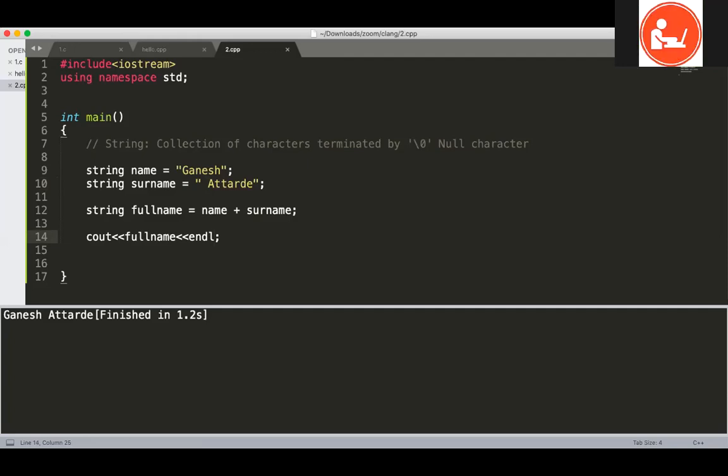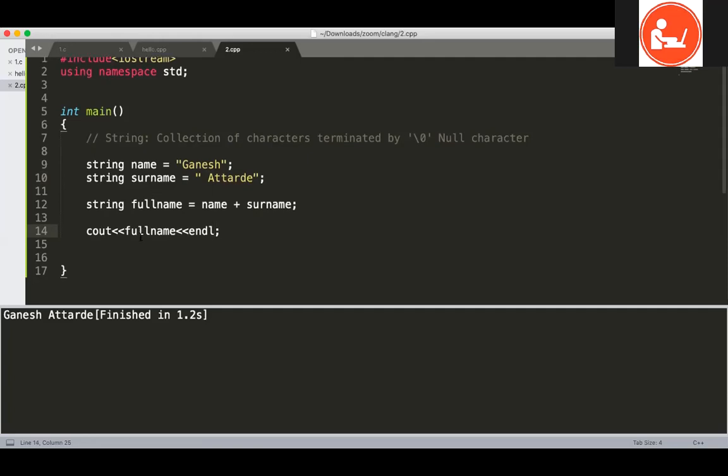So it is very easy now to use strings in C++. Whatever difficulty you faced with strings in C programming has been removed in C++, and it has become easier. You can directly concatenate, and you can get the size of the string also. For example, if I want to get the size of full name, I make size is equal to